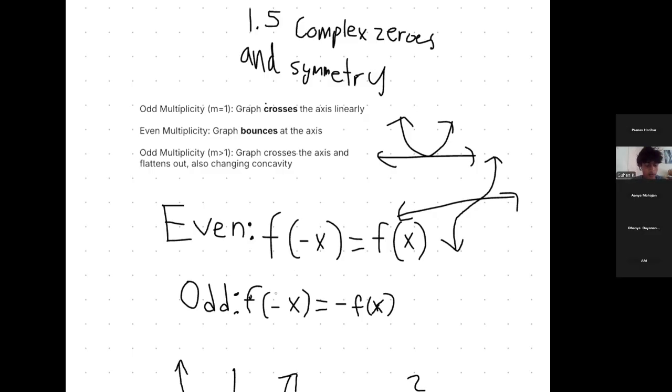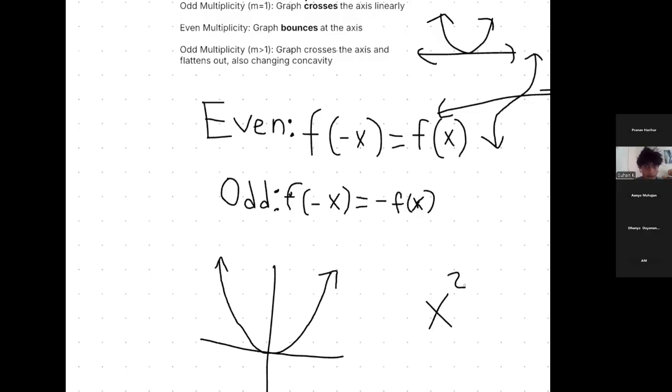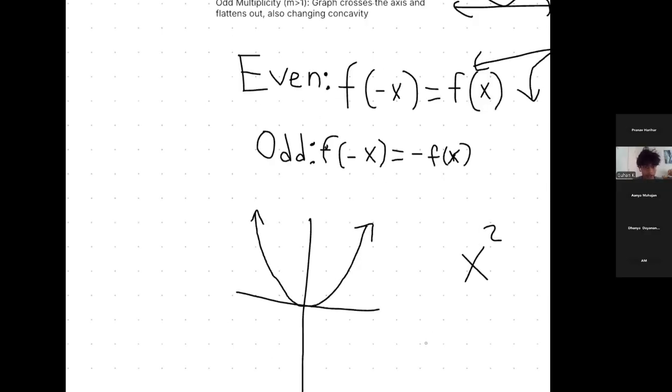It's fine. Yeah. For even, f of negative x equals f of x. And for odd, f of negative x equals negative f of x. And we'll look at what that means now. Okay. So here's an even function, x squared. First, let's look at it graphically. All right. So f of negative x, how's that going to work? Basically, this side, it's a reflection over the y-axis, right? So we're reflecting it over this line. So because of that, this side, to make it easier for you guys to see,